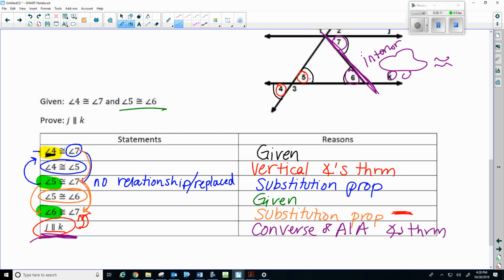I know that was a little tricky, it was very lengthy, but you're going to see pictures like that. And that concludes